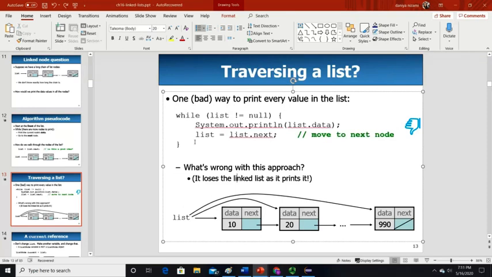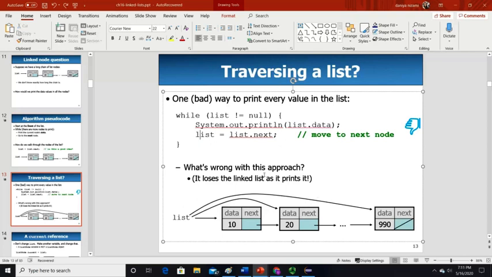Let's see how this is bad. According to our pseudocode, we are running our loop on our list as long as our list is not null, which is quite obvious, right? We have to go till the end and print all the values in this list. Inside the loop, as we are going through our list nodes, System.out.print list.data. This is the major part. Whenever you want to print or test the value, you have to say list.data, because the data section is holding the data, and .next is just like a GPS taking you to the next node.